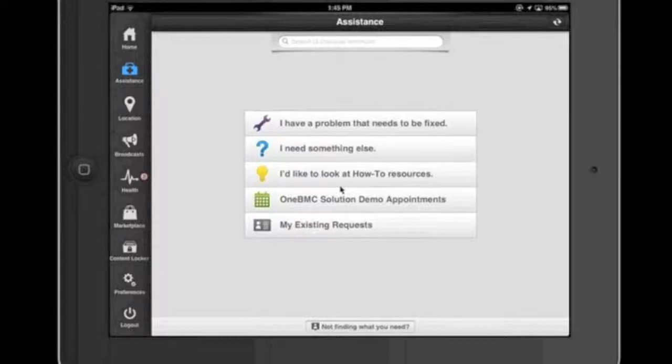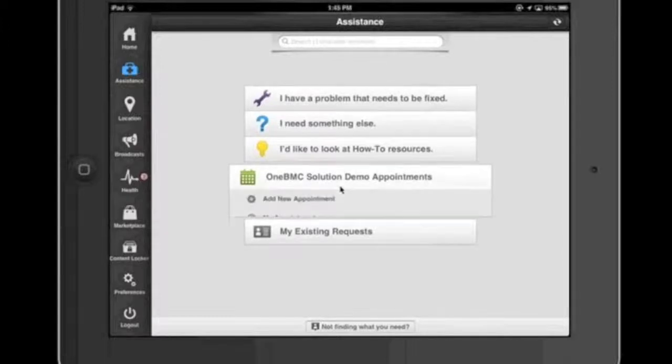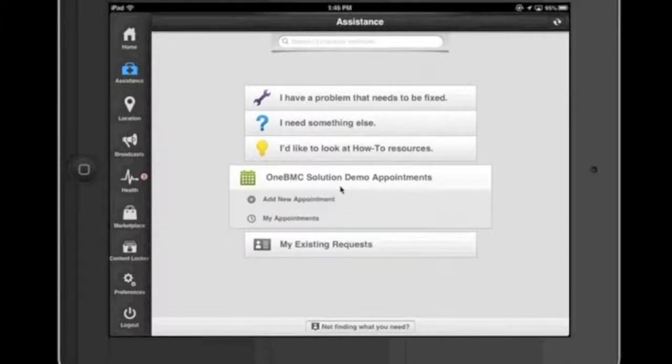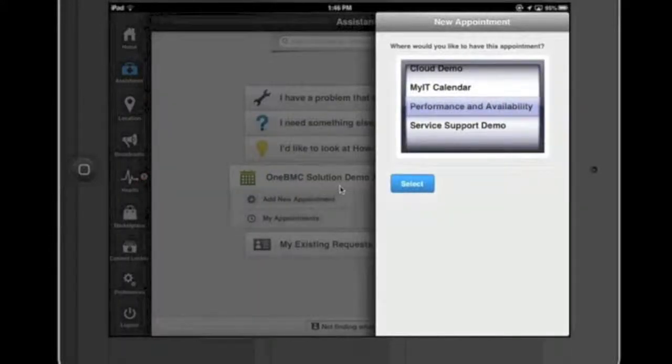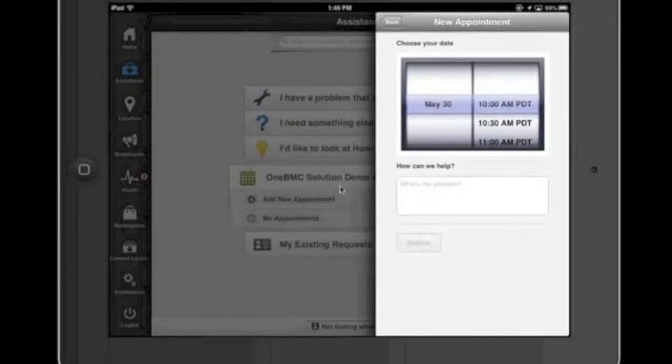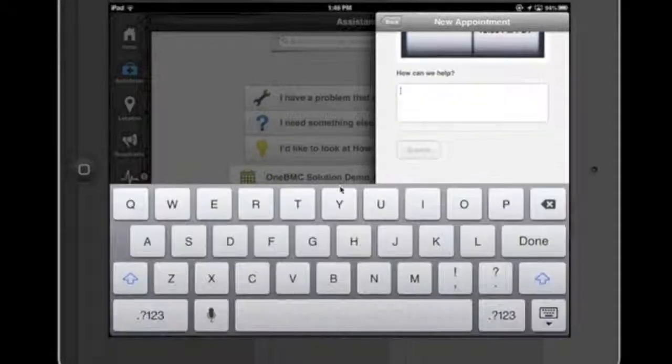So this is a capability for me to go in and say, hey, I want to add a new appointment. It could be any kind of IT resource. Maybe I want to schedule time in a lab, or maybe I want to schedule time to have something done to my PC. So in this case, we've set it up for a demo, and I can go in here and say, okay, maybe I want a service support demo, and then once I pick that, here are my different times that are available, and then maybe I want to say I want to see change